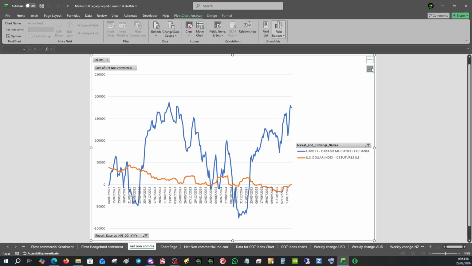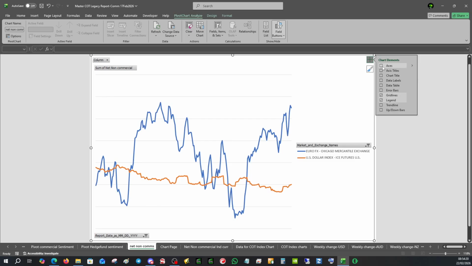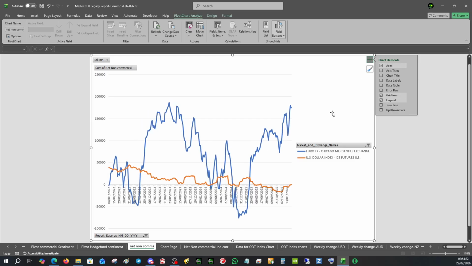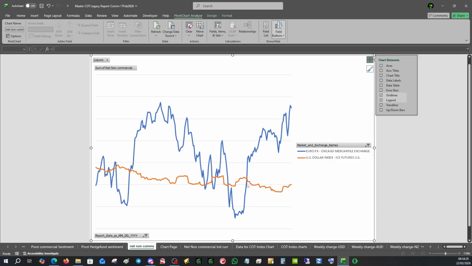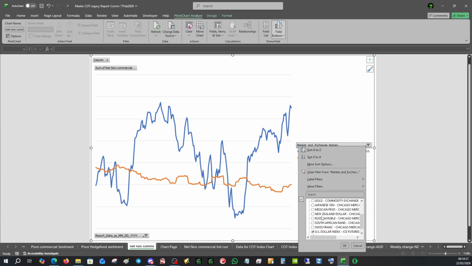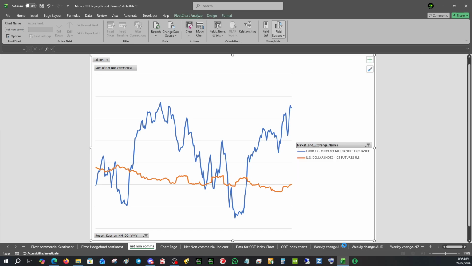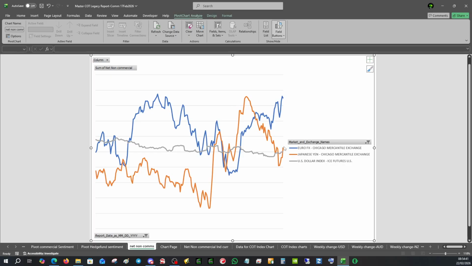Okay, let's take that off. I do know that this is weekly data, and it goes back to 2022. So let's add the yen. I had to take that off because it's a bit annoying. Yen, and then we'll see how we go with that. They're actually forecasting an 80% chance of a hike in March, so that's going to be quite bullish for the yen. And we can see the